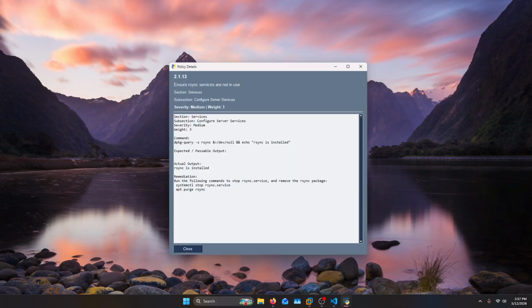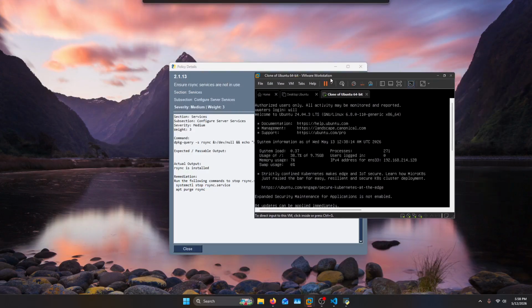So, rsync services. Here we have the section and subsection for the policy, the severity, and the weight, which I determined by taking CIS's level 1 and level 2 server and workstation categories and adding them together. And here's the command that was run. This is what we're supposed to get back, and this is what we actually got back. So if we go ahead and run this,